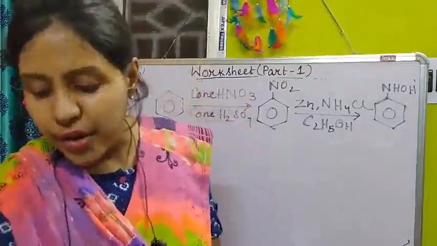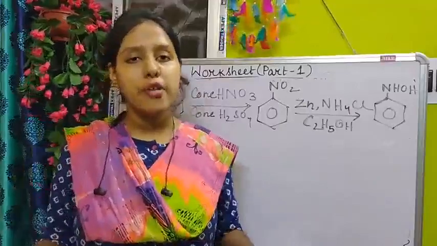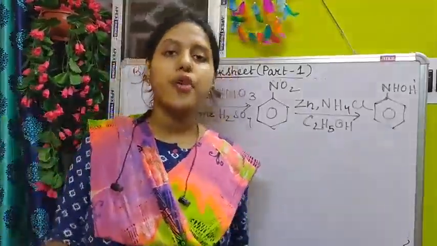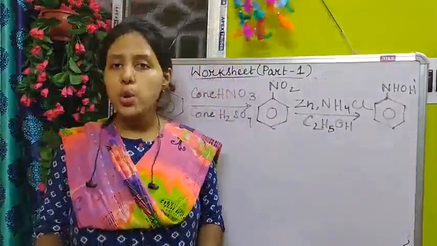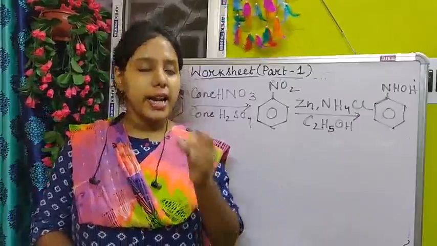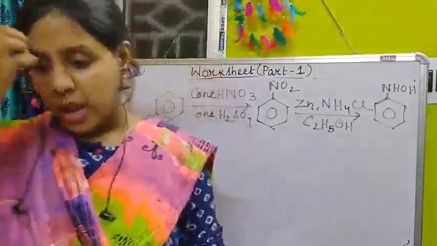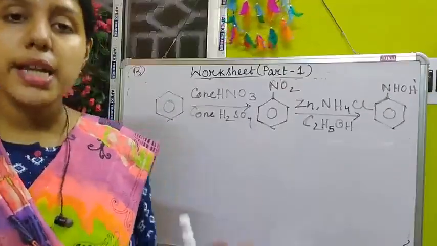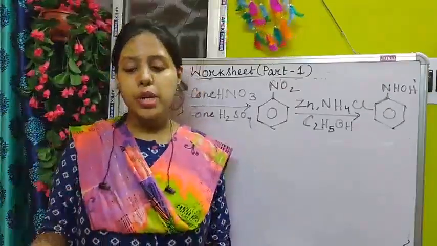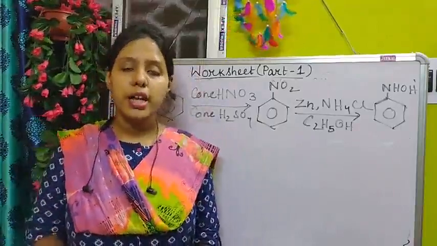And the last one, the differences between primary, secondary and tertiary amines. So these differences I have already given. From there you have to write any two tests, just like the Hinsberg test, and after that any test you can write from the differences that I have given. Okay, and so this is the end of our class today. In our next class we will discuss part 2 of our worksheet. Thank you everyone.